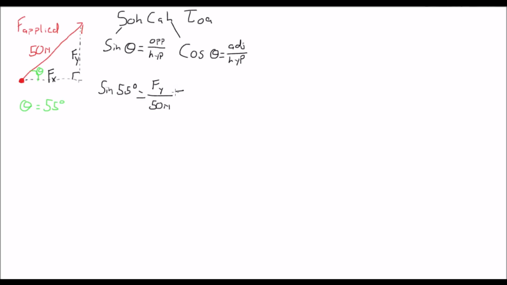So let's go ahead and we'll say 41.0 newtons. So that means that our vertical force applied to this, our F of y, is equal to 41 newtons. Okay? Let's draw that a little bit clearer. 41 newtons. So now that we have 41 newtons here, now we can actually figure out our F of x,